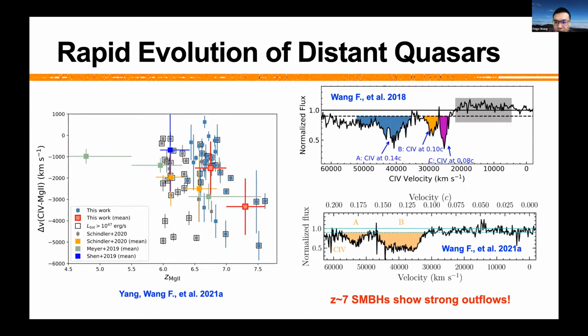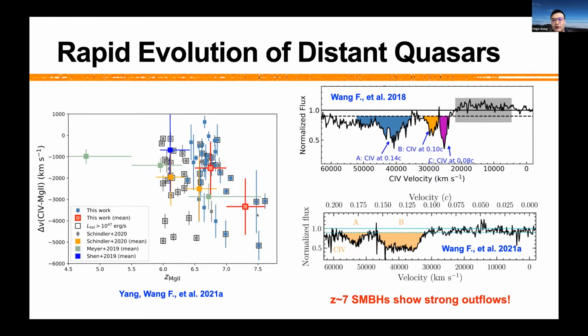In the left plot, I show the blueshift of the carbon-4 emission line. The carbon-4 emission line is a high ionization emission line, whereas the magnesium 2 line is a low ionization emission line, which is a better tracer of the quasar intrinsic redshift. So the blueshift between these two lines indicates there are some strong outflows in the quasar system. In this plot, I show the blueshift of the carbon-4 emission line as a function of redshift. You can see that most of these luminous quasars show outflows with carbon-4 blueshift bigger than 1,000 kilometers per second. And there is a trend of stronger blueshift of carbon-4 lines towards higher redshift, which is very interesting, suggesting the highest redshift quasars have stronger